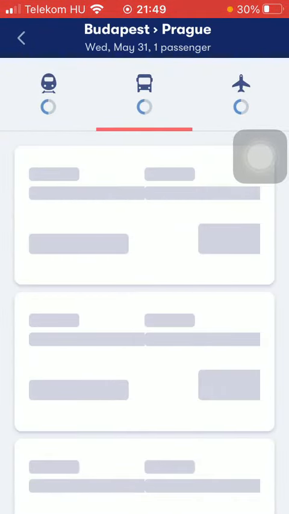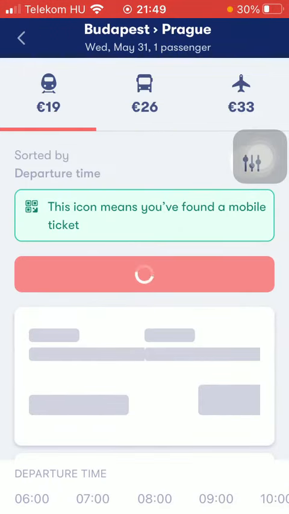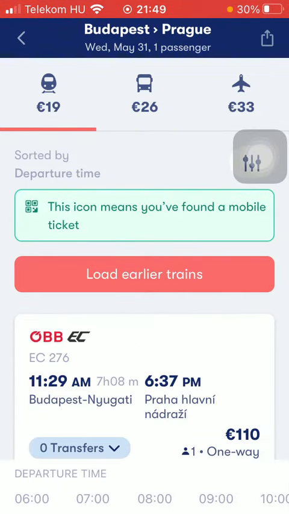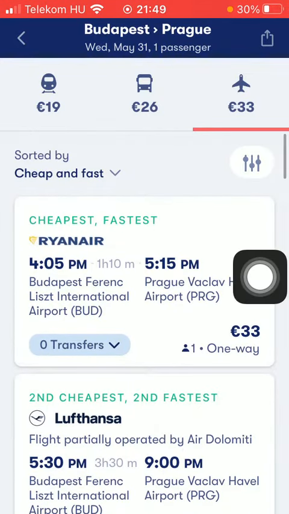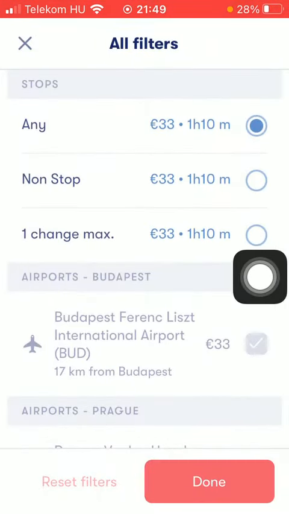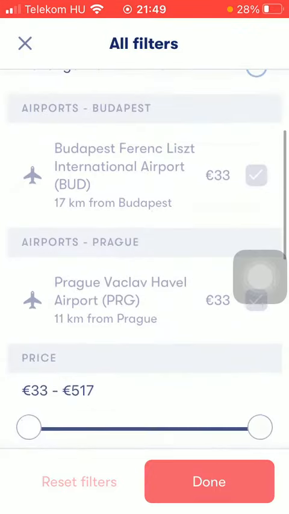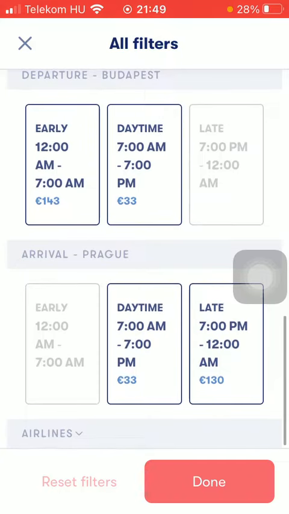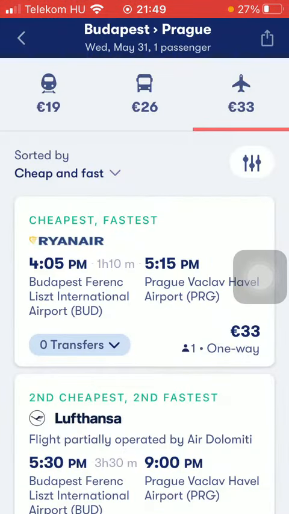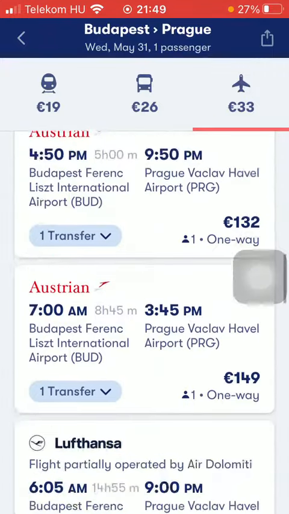At the top you can select from three options, so you can either look for train tickets, bus tickets or flight tickets. Here you can see the results, you can apply filters. Here you can see the stops, airports, price range can be set as well as the duration, departure and arrival point as well. And then if you click on the done button you will be able to apply these filters, thereby narrowing down your search, and after that you can browse among the